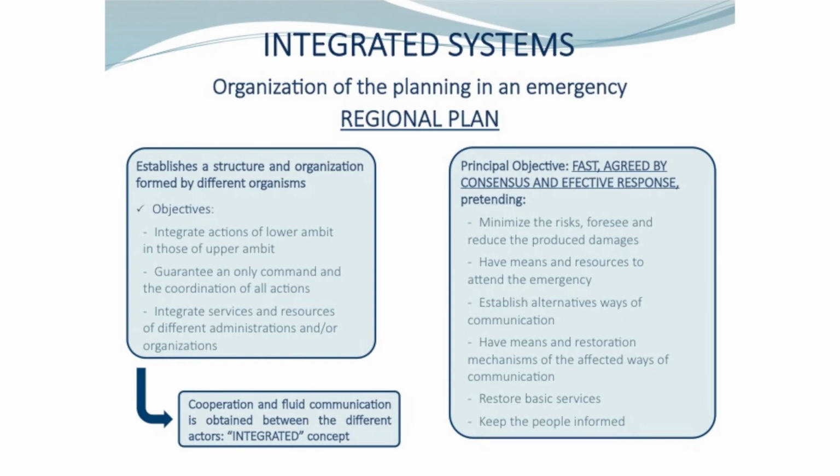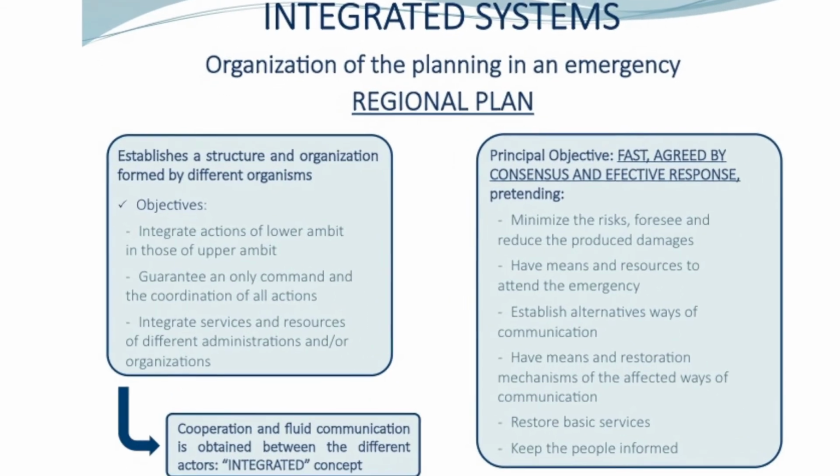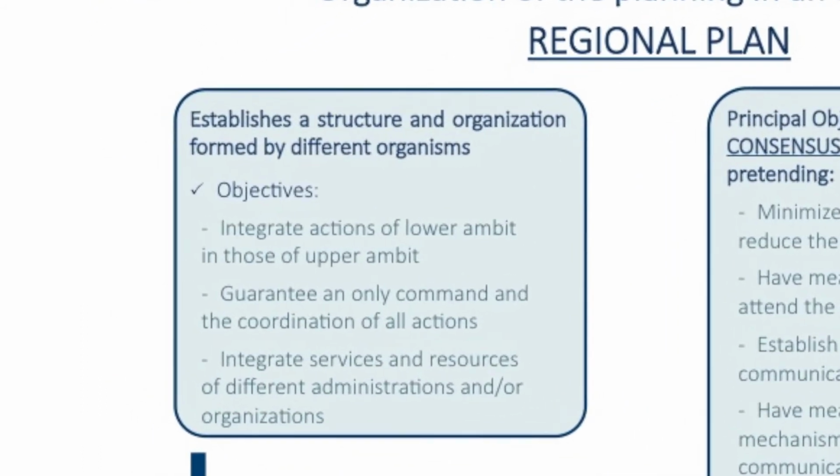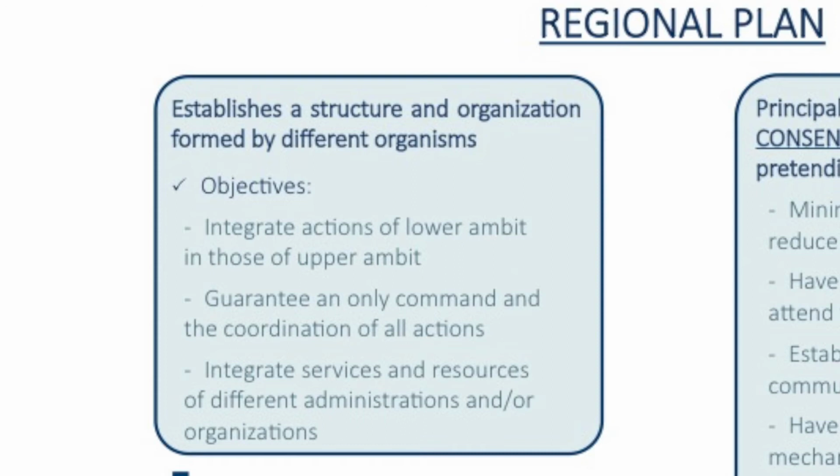First of all, the main regional emergency plan establishes a structure and an organization including the different agencies and/or community, local and national public statements to ensure whole participation and ground-based feedback. The organic functional roles structure of the regional plan is defined so as to allow the integration of the territorial actions of lower ambit, for example local, municipal, etc., in those of upper ambit, for example national strategies,